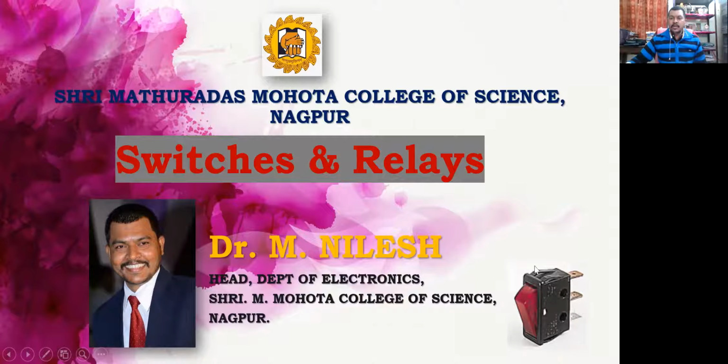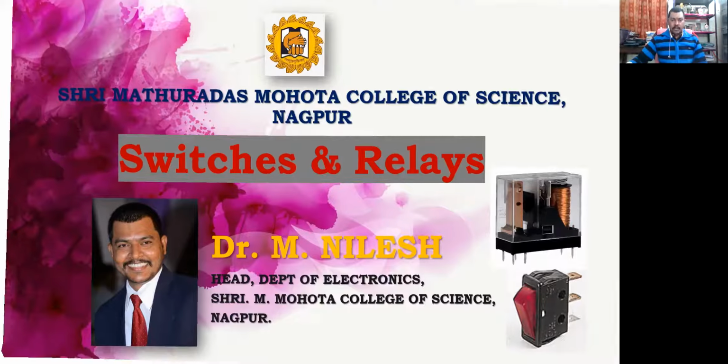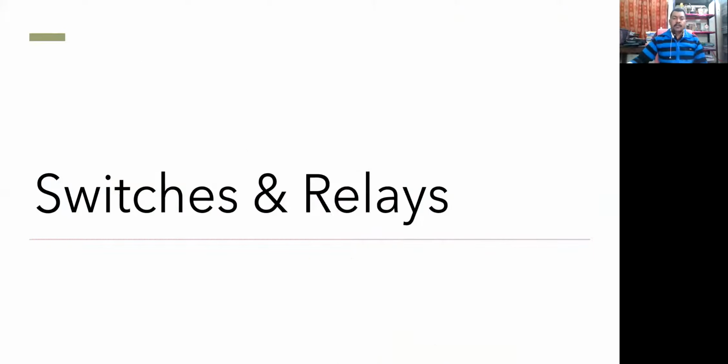This is a switch that you have seen at your homes. We have switches to switch on or off our lights, bulbs, or any other appliances. And this is a relay. Relays are used, say, to connect with DC and to switch the AC on and off. We will study relays in depth also. So this is a picture of a relay. Let us begin with switches and relays in today's lecture.